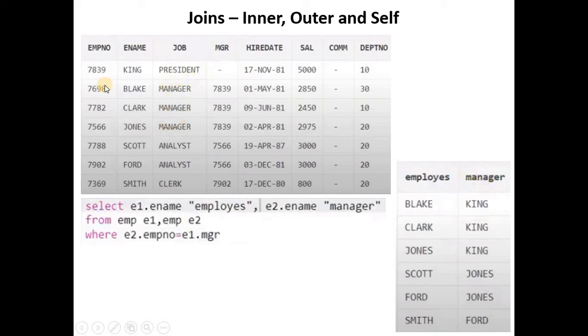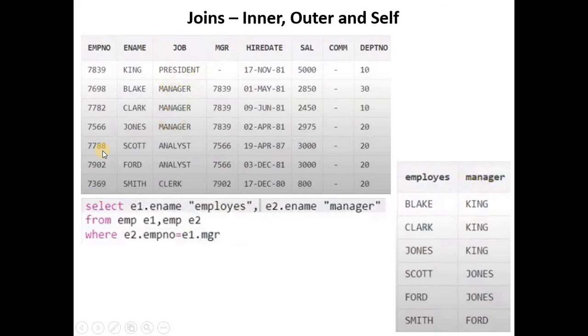What you have to do for getting this is compare with the same table by joining this employee number with the manager number, right? Only if you join this here, then you will get the King. So for Blake, Clark and Jones, the manager is King.